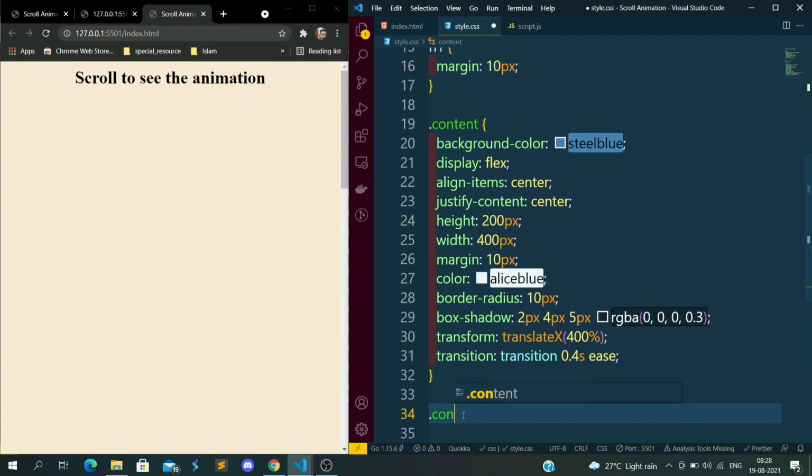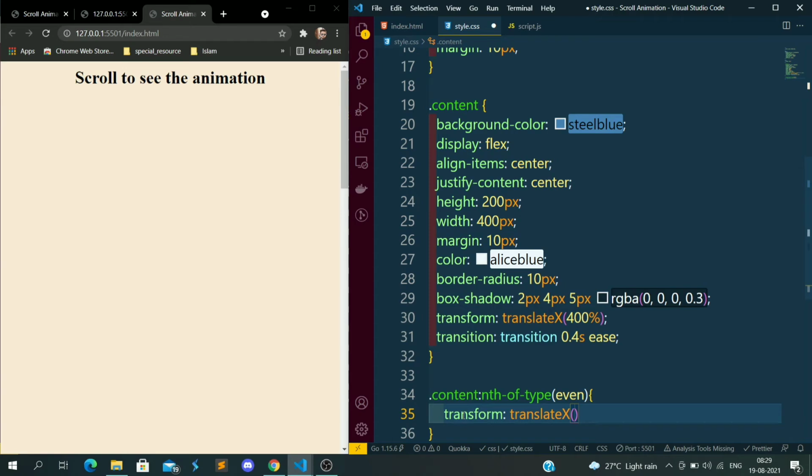So I will go to content and then apply the nth-of-type. Okay, nth-of-type, and I will give n. So if it is an even-numbered card, I want to transform it to the left side, not to the right side. So translateX, I want to give minus 400%.